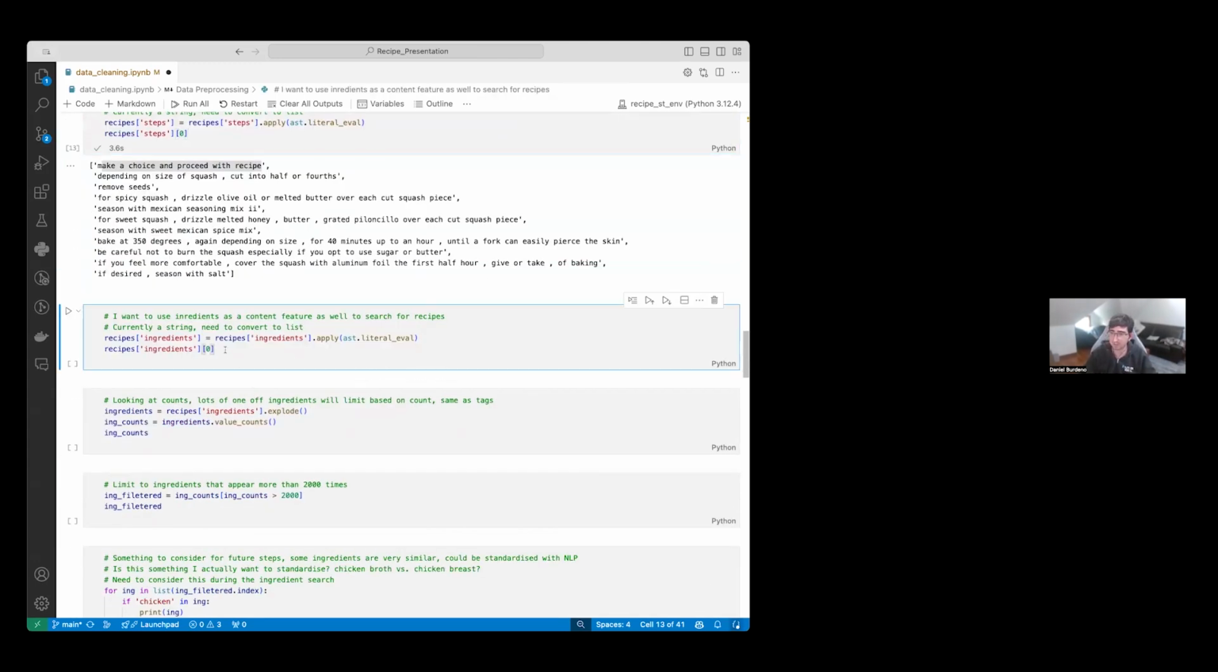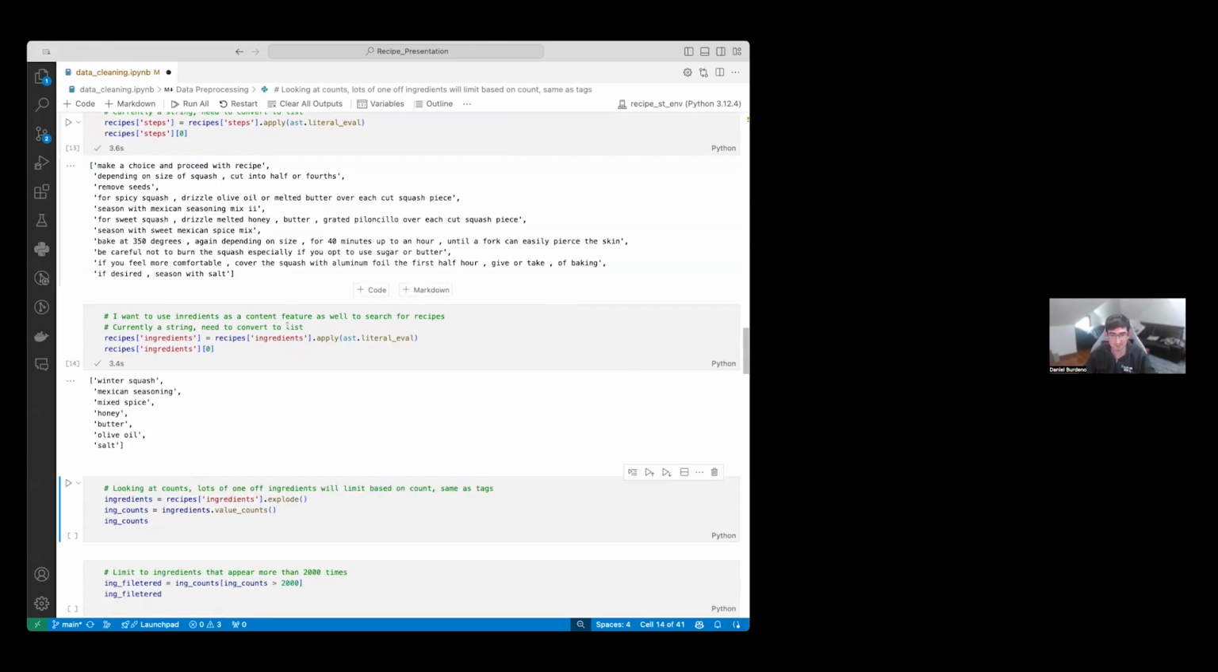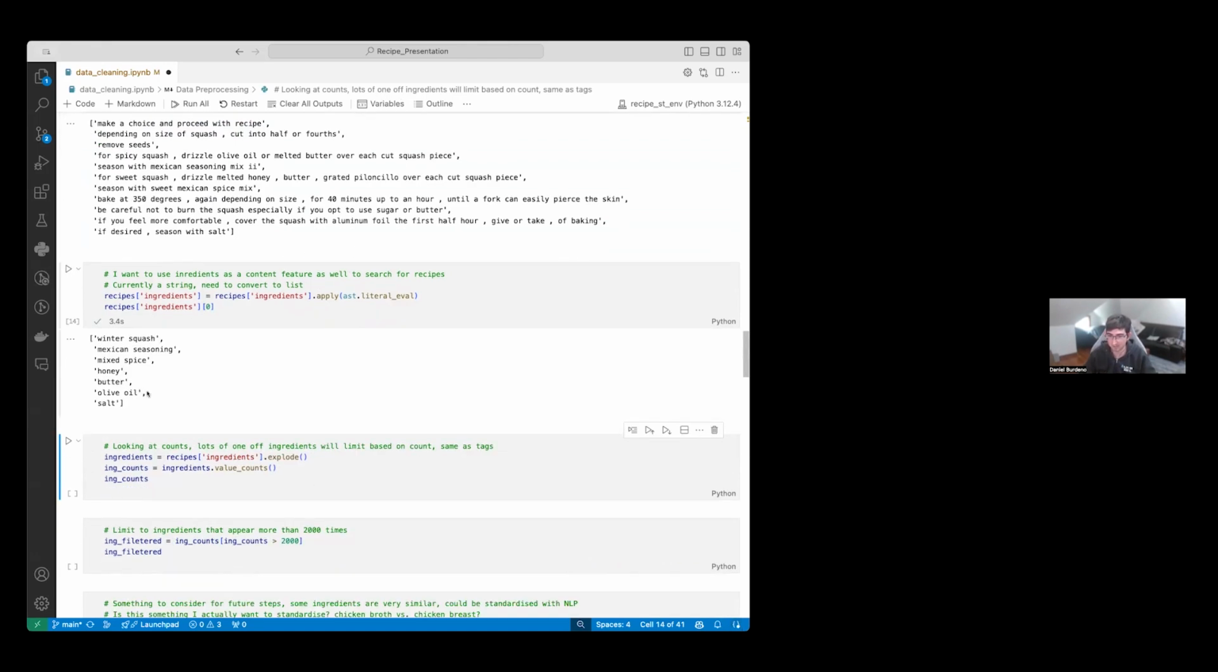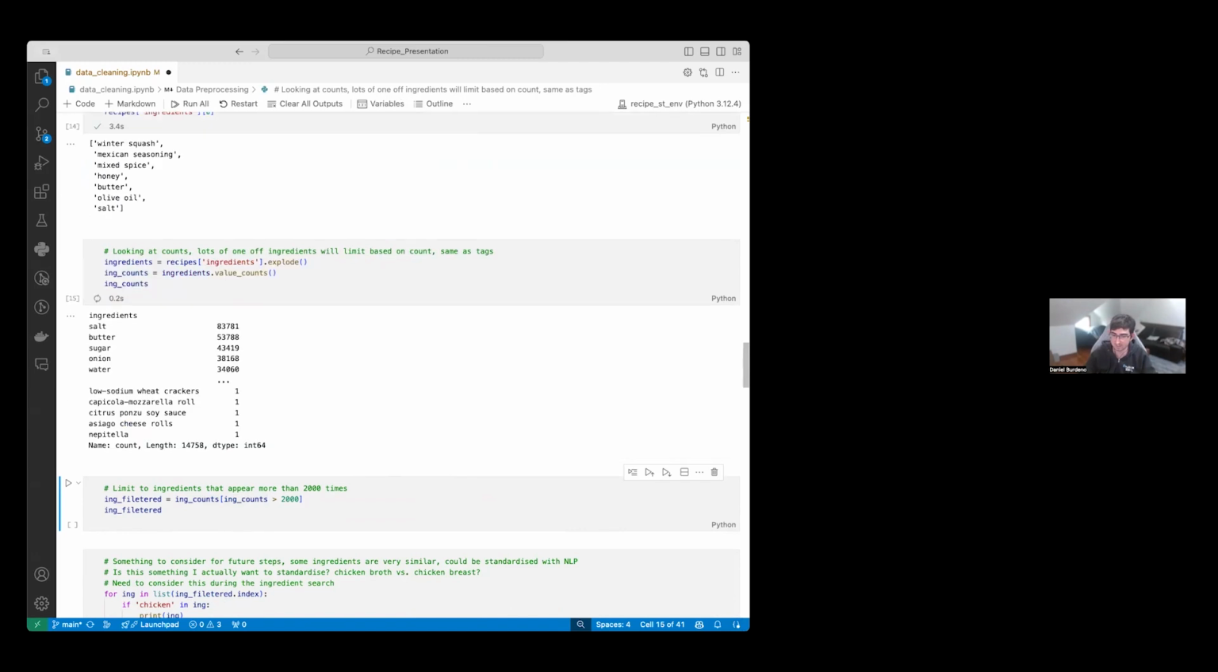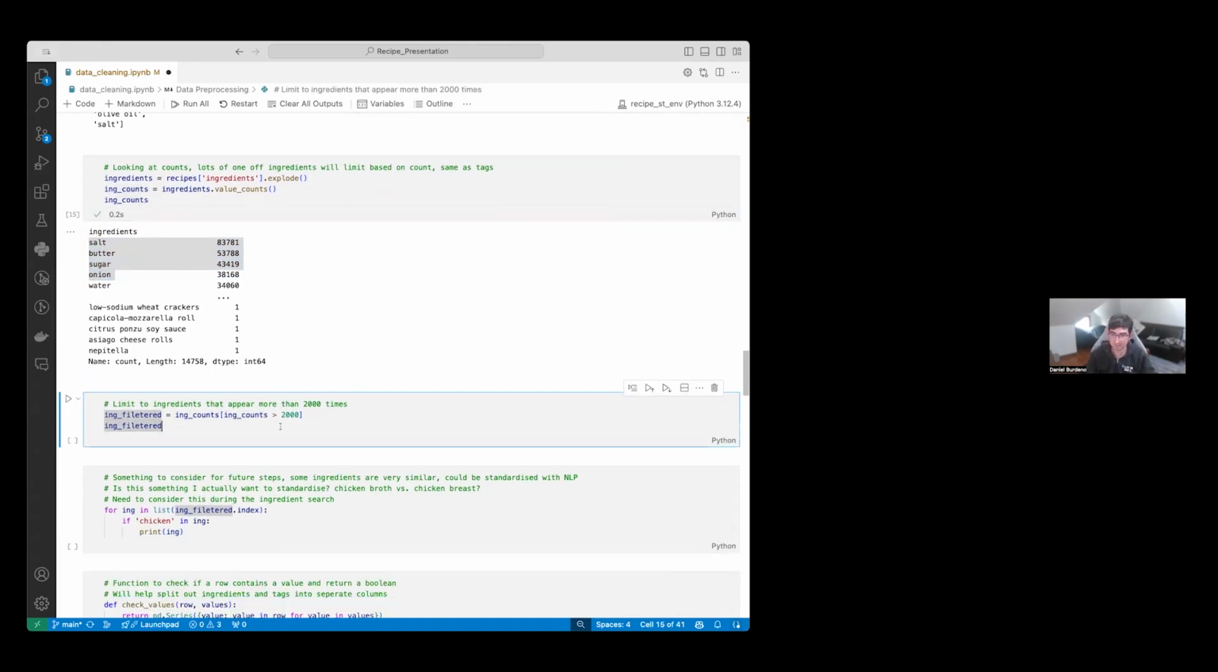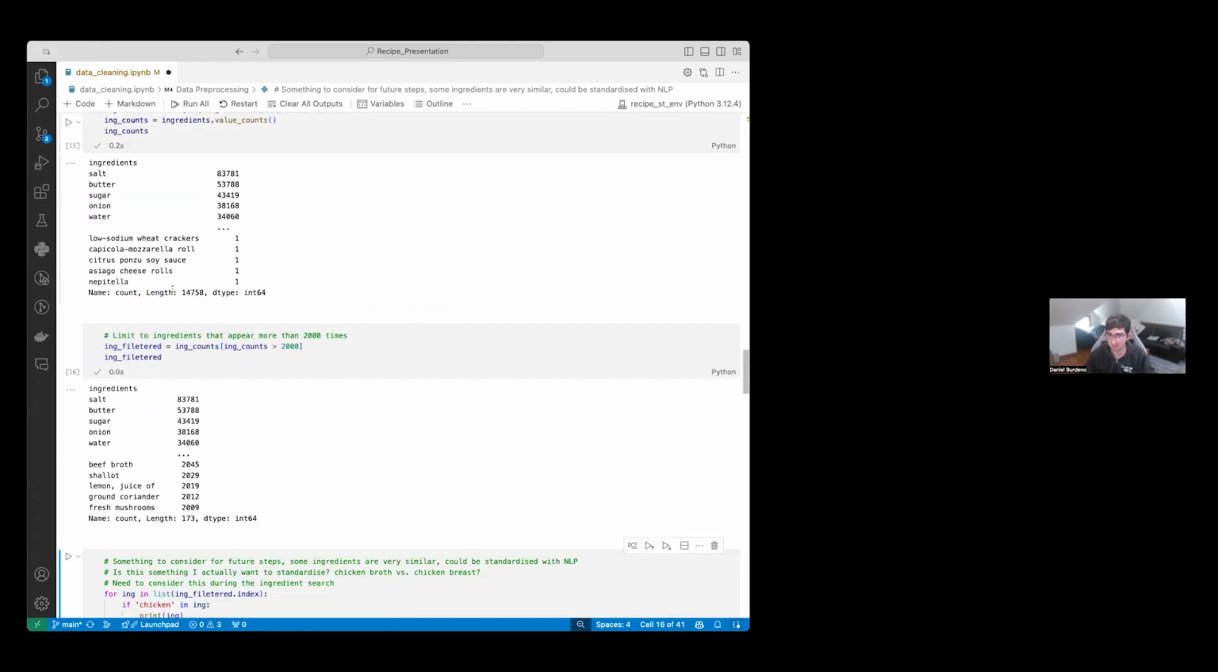We're going to do our ingredients as well. Again, you'll see a trend here. And it looks like we've got some ingredient strings. This we can definitely work with. We can look at some of our more popular ingredients, not surprising. Some of the staples of cooking here. And I'm going to do the same thing. I'm going to filter my ingredients a little bit. I've got